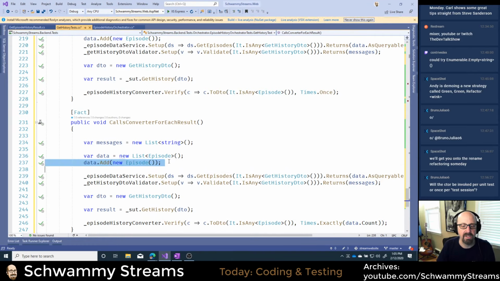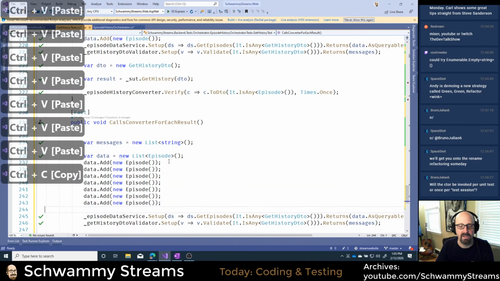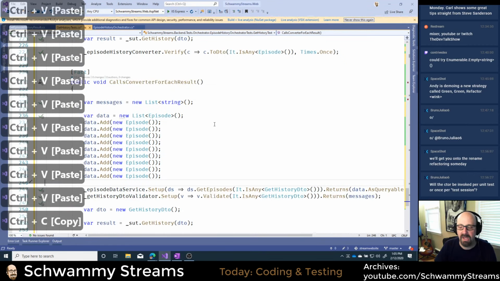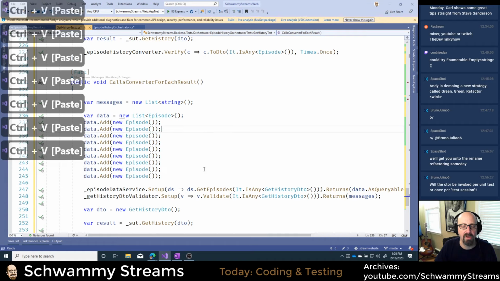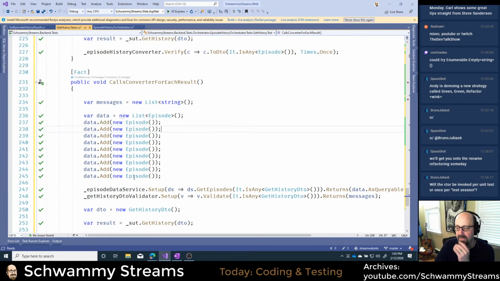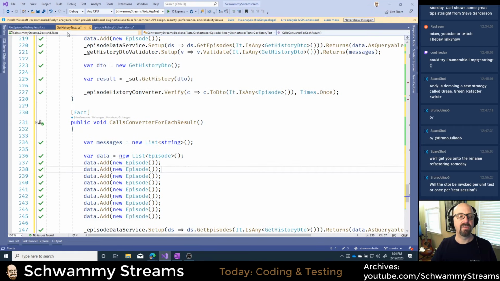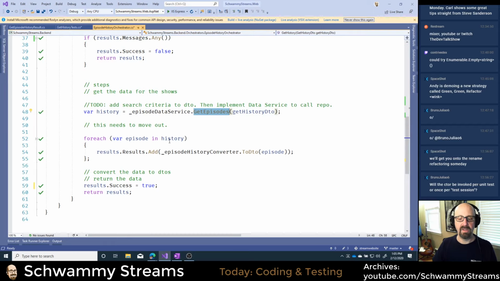But then I'm just going to go ahead and add in, I don't know, let's just say that. Doesn't matter what I put in there, it should always work. And this is probably a lame way to do that. But the point is, what I've tested is, does this logic work? Is the loop working? So I'm looping through either 0 or maybe a single item or maybe a bunch of items, and it should just call this thing every time.